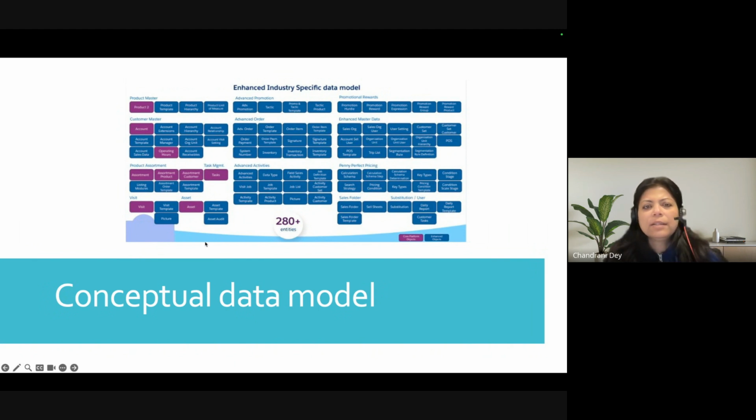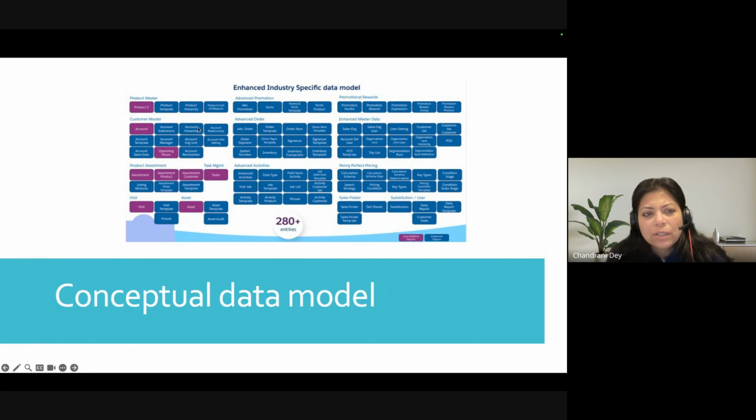Okay, this looks a bit hazy, but this data model is an overview. It is a conceptual one. We will come to the detailed data model in the later slides. In the conceptual one, all the main headers are present. You have a few objects which are part of product mastering. Product 2 is the core object, and you have other things like creating a hierarchy of products. You have customer master.